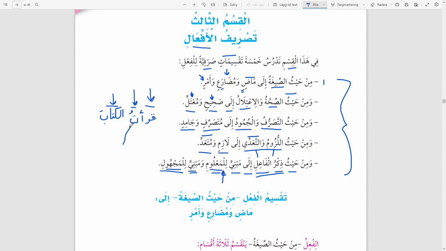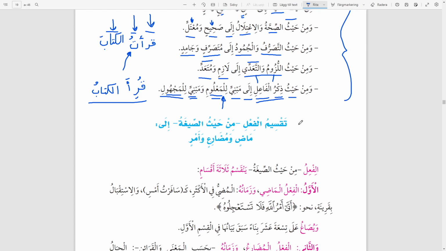So الفاعل هنا معلوم. But if I say that the book was read, قرئ الكتاب, Allah alam if this is the correct form of the Hamza, so this is مبني للمجهول. So the actor is not mentioned here. In the context of the sentence, it is not known. It is an unknown actor. So the book was read. That's the fifth one.